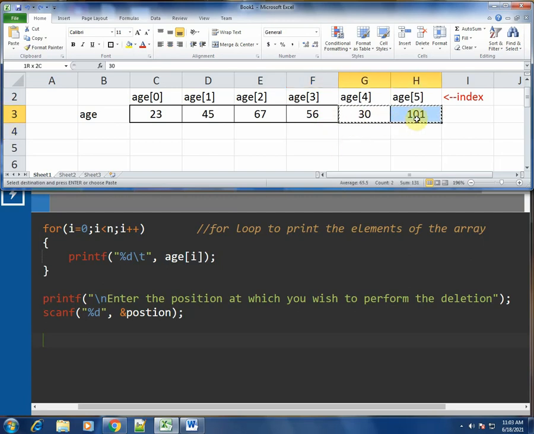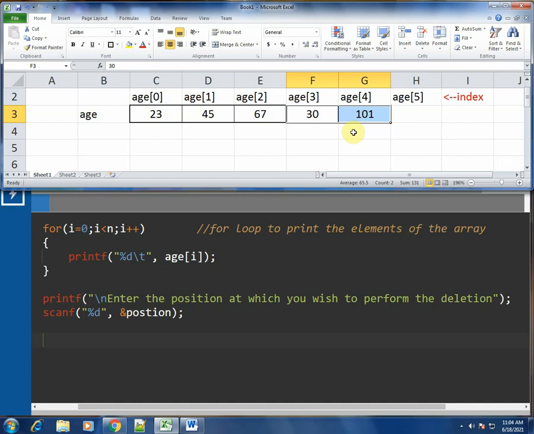I take these two values, these elements, remove them from the position and replace over here. So the old value 56 is now wiped off, replaced. You actually don't do deletion, you just replace the values, overwrite. The correct word is overwrite.